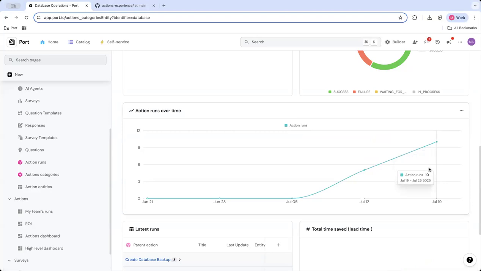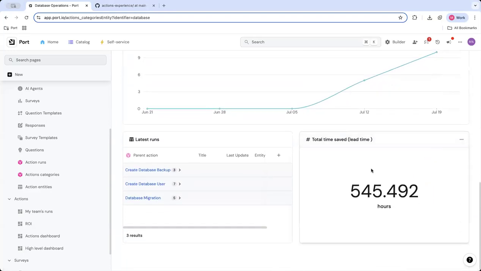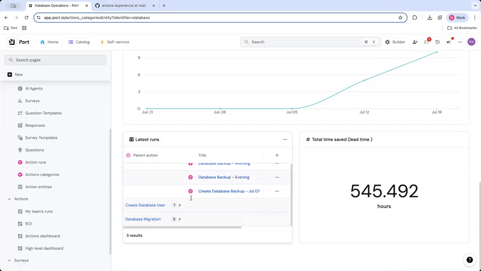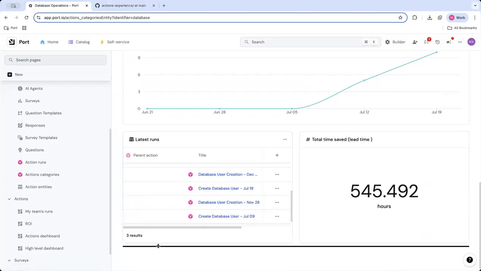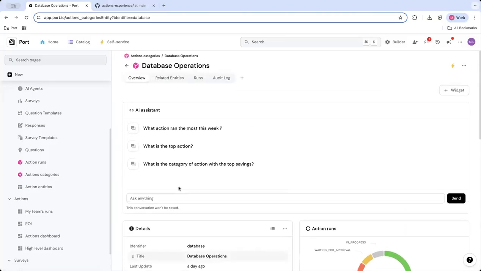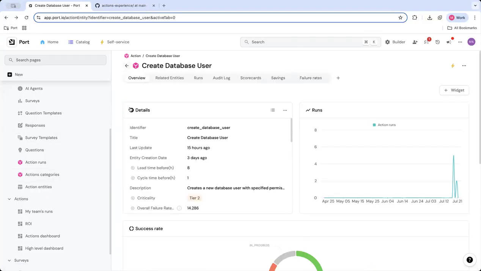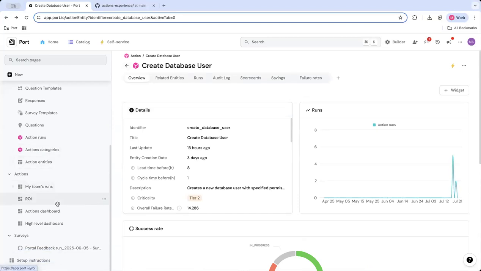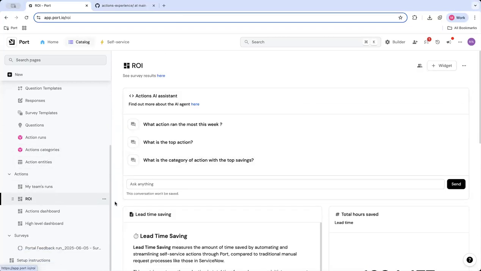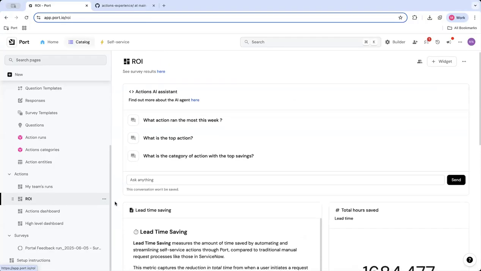It means that that category is being used. And I can see across that category, the total saved time is potentially a certain number of hours. And I can also see the latest run that I have for that category. So you have seen now the view at the category level. You have seen the view at the action level. Now let's take it even a bit higher and get the highest level,